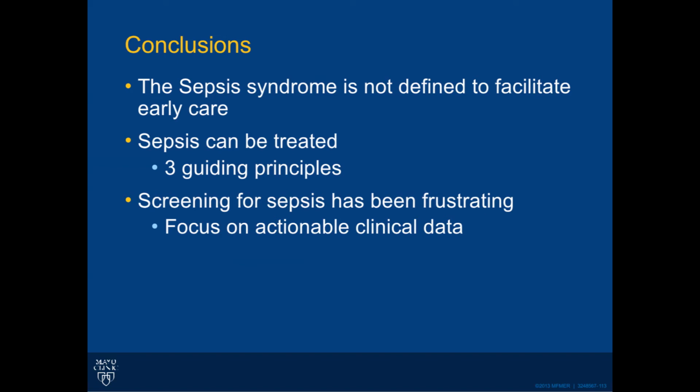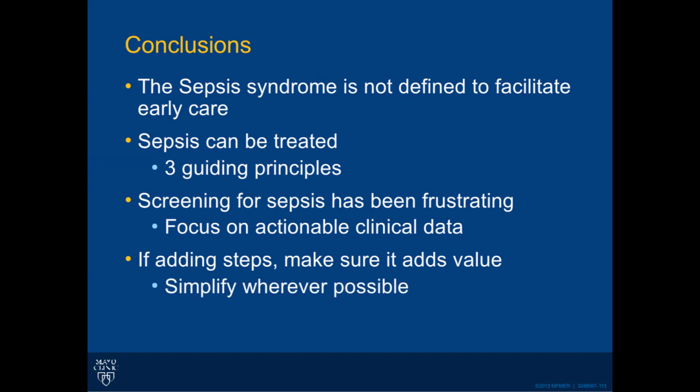We can agree that we have to treat once something happens. Before that happens, you also need to treat, but we don't know how. So give antibiotics, get blood cultures, check lactate, make sure that they're not sick, and then give some fluid maybe. But I'm not going to tell you how much, and I'm not going to go there. And if you add a step to a patient's manual workflow, I'd encourage you to make sure that it adds value, and I would start by talking to patients and providers and nursing teams about what would add value to them. And to simplify whenever possible.